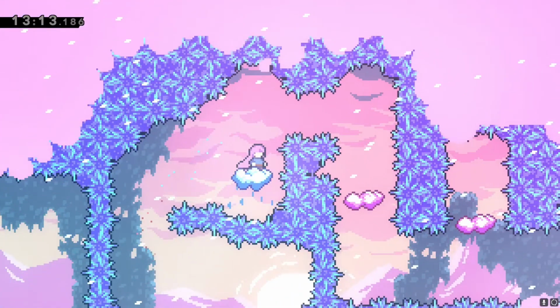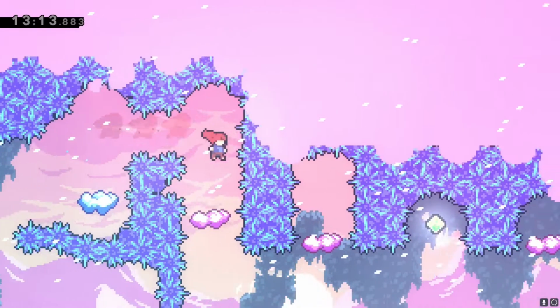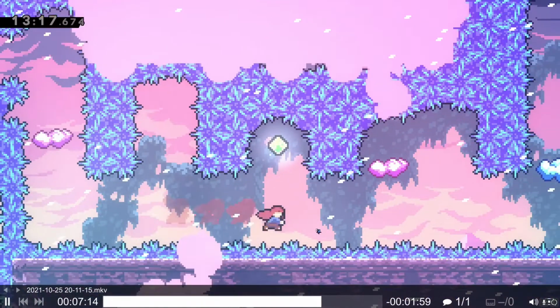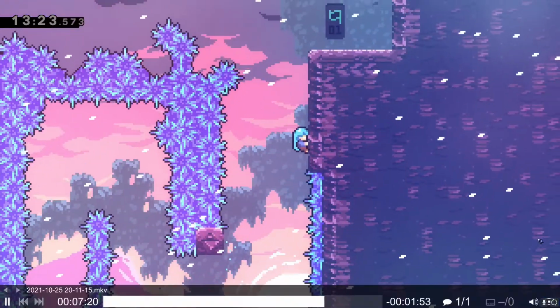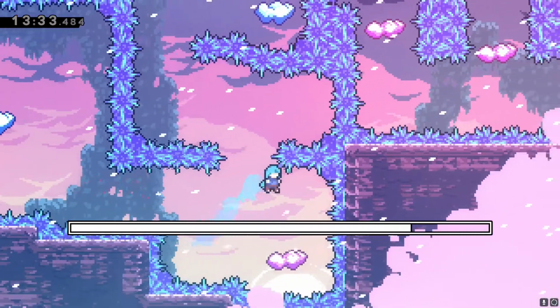Right here, you don't want to be pressing anything. You just want to let the cloud do the work for you, and it'll line you up perfectly to just dash across that. Don't do anything there either. Don't do anything there either. Go forward. Wall bounce right there. I mess up right there, but